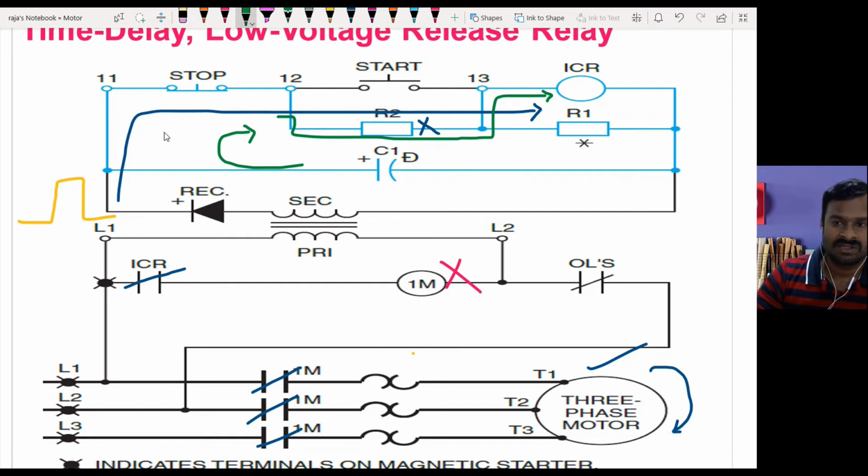Okay, when the capacitor is discharging, that current gets added up with the secondary current, and the control relay stays in the on condition itself. So though the main contactor is de-energized and the main contacts open, the control contactor is still in the closed state. This happens only for a short time period, I can say the discharge time of this capacitor,